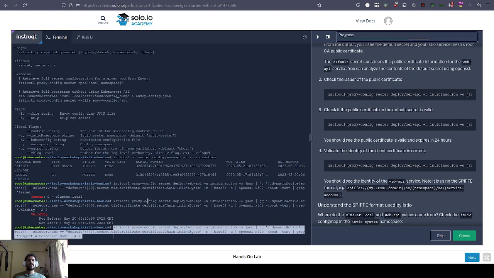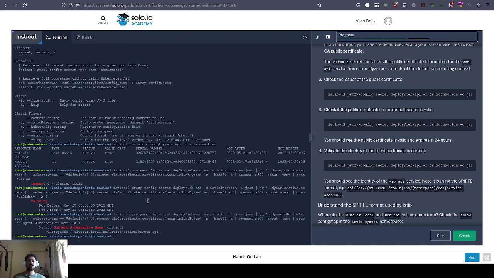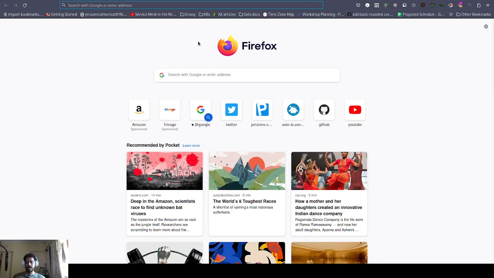The next thing is we are seeing whether the identity of the client certificate is correct or not. Yes. So in Istio there is something called SPIFFE. SPIFFE is an identity mechanism that Istio uses. I don't know what it stands for, but it's like a workload identity ID. So if you go to the net and search SPIFFE,